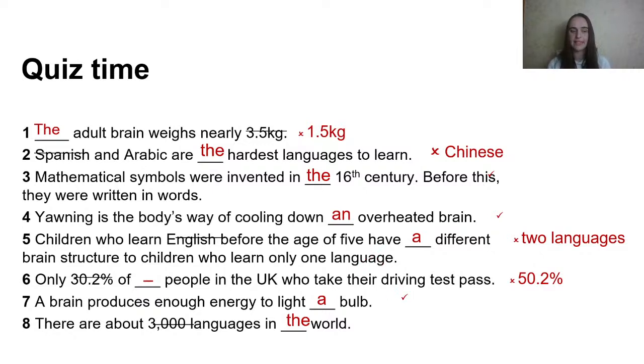That's 7 and 8. There are about 3,000 languages in the world. How many languages do you think in the world exist? Like, think of that. There are about 3,000 languages in the world. What do you think of that? Well, oh, Nasi says, wow, 7,174, really? Approximately 7,000. Yes, that's well done, good. So approximately 7,000 languages are there in the world. Yeah, so it's quite a lot. Well done, good. So one more task for today.